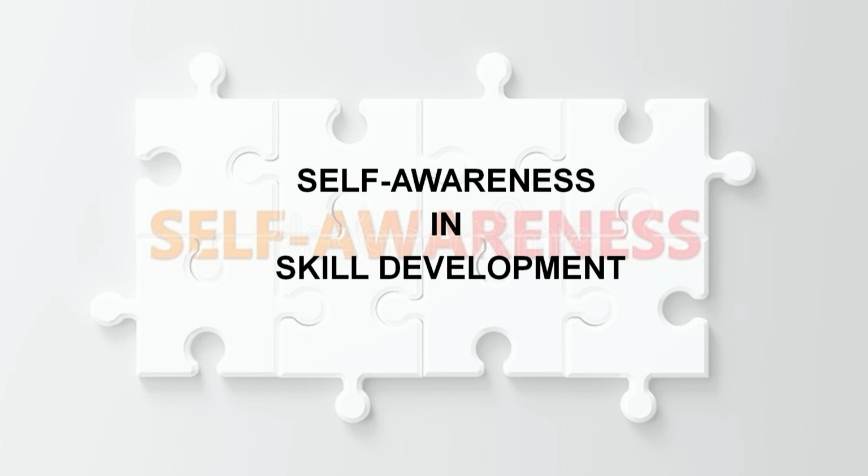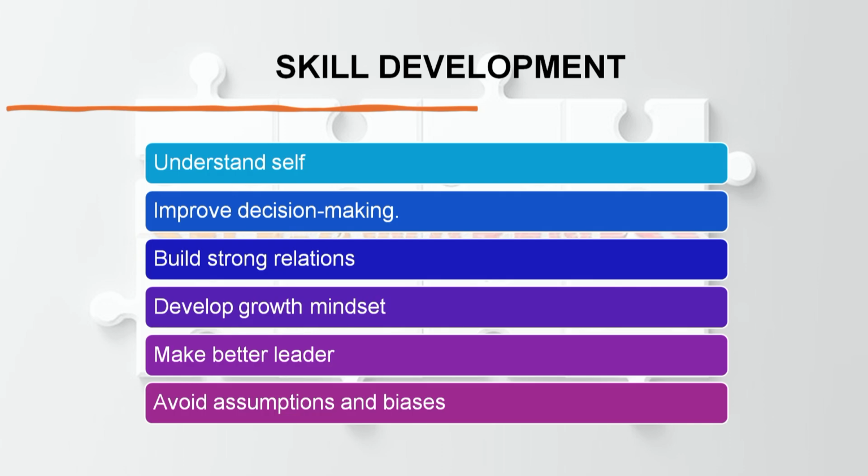A small example we have already seen. We had seen that self-awareness can help us to identify the requisite skills which are required in the times of today. And when we understand ourselves better, we can identify our own strengths and weaknesses, set goals accordingly, align them with our values, and adapt to the situations as needed. It helps us in improved decision making, because we will be having informed decisions, and these informed decisions are based on all pros and cons, and therefore our skills will be developed as per requirement. As I already said, if we need computer literacy today, we should practice that.